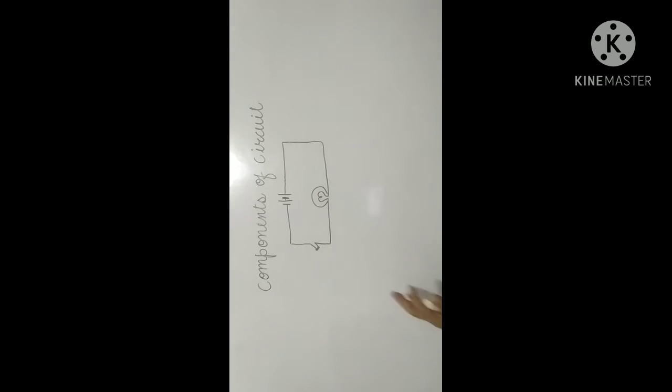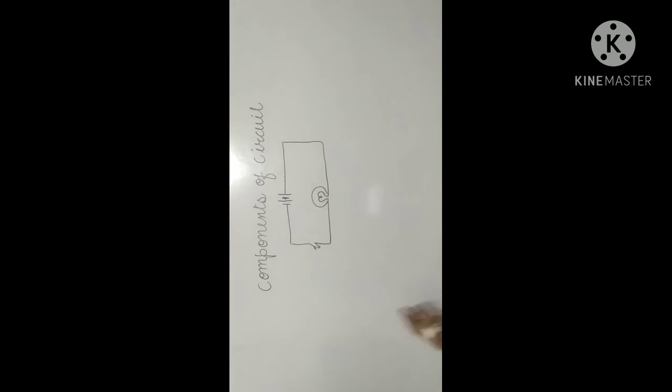Next is electric switch. This is the switch. What is the function? The function of the switch is to turn the circuit off or on. An electric switch is used to close or break the circuit. Electric current flows only when the switch is on. If it is in the on position, current flows from the positive terminal to the negative terminal. If the circuit is open, no current flows in this circuit.